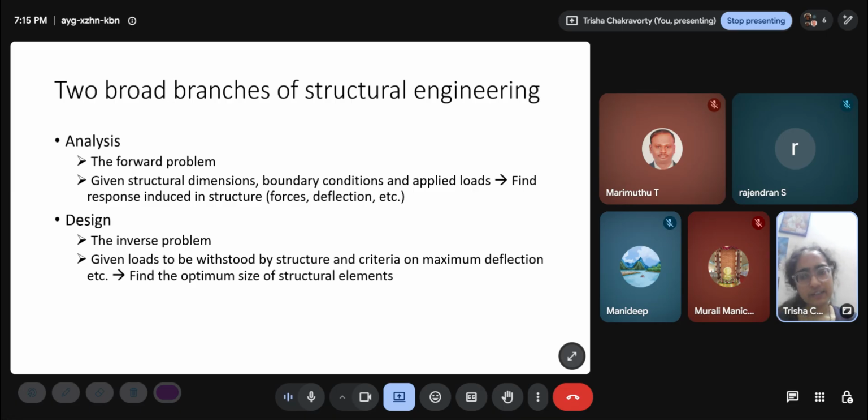So now in design, what we have to do is, design is an iterative process. Analysis has a single solution. If everything is defined and I just want to find the response in the structure, there can be only one answer to it. But when I'm designing, two people are perfectly likely to come up with different designs. So suppose I take M25 concrete, I take Fe500 steel, and I say that I will start with columns of